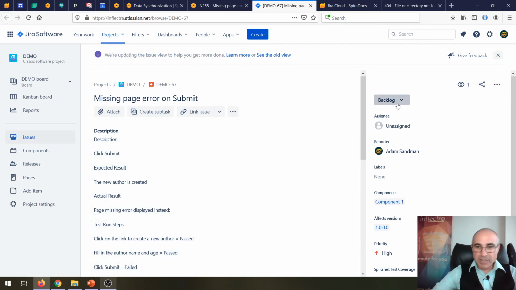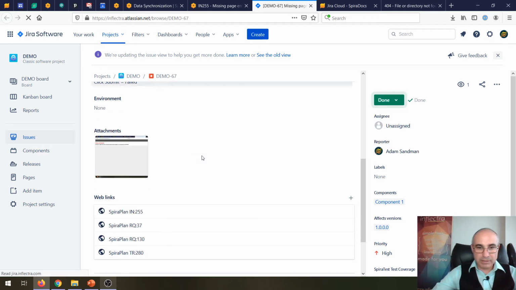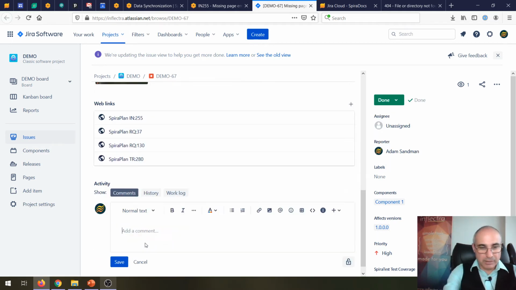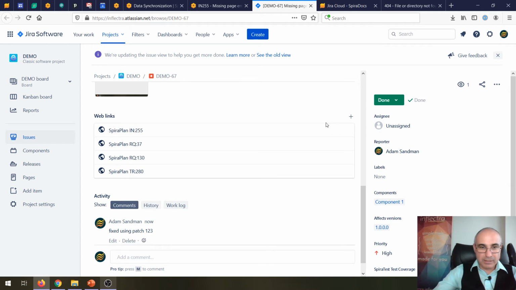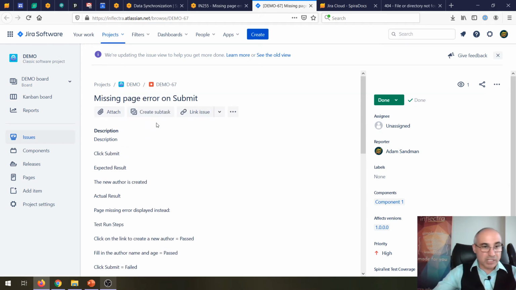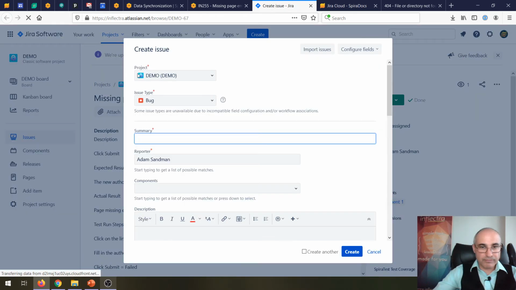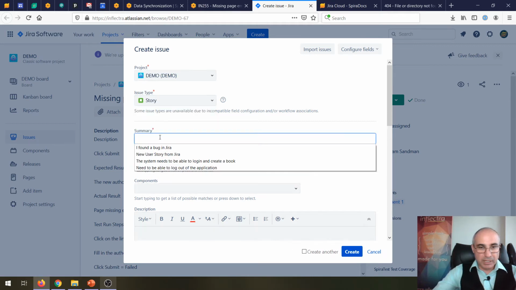Let's go ahead and fix that bug. So the use case might be, let's go ahead and fix it. So we'll say done, and we'll say fixed using patch 123, something like that. Hit save. Great, we've now fixed the defect. Since we're in Jira, we'll use this at the same time to create a new user story. So that's the project we want. User story, system